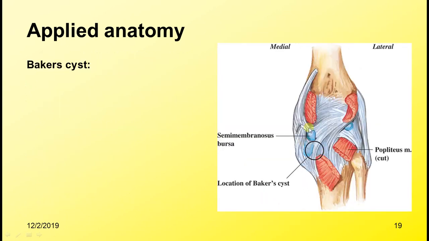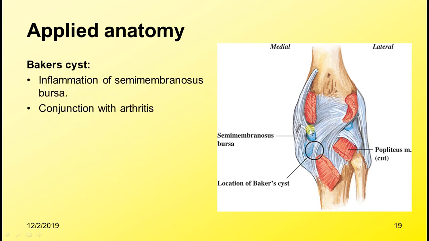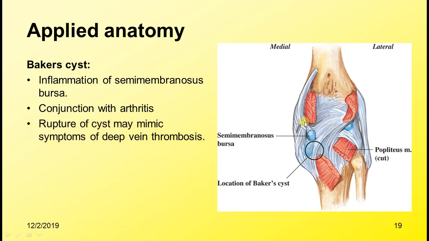So what is Baker's cyst? It is inflammation of a bursa which is present between your tendon, the semimembranosus bursa, and it occurs in conjunction with arthritis. So any arthritic conditions will also inflame this semimembranosus bursa, which will be swollen, and you can call it Baker's cyst. So when there is a rupture of this cyst, naturally it might mimic